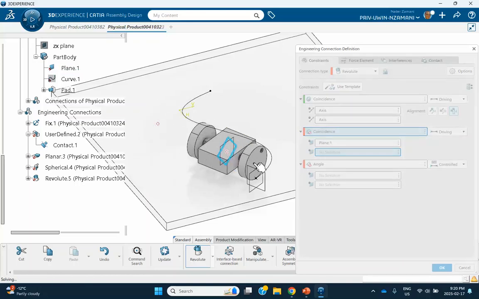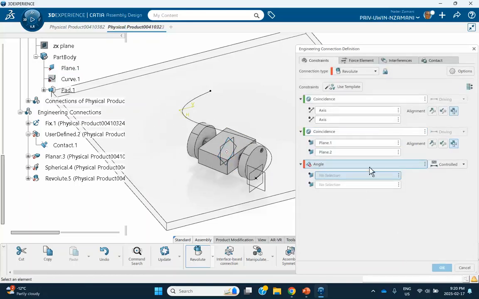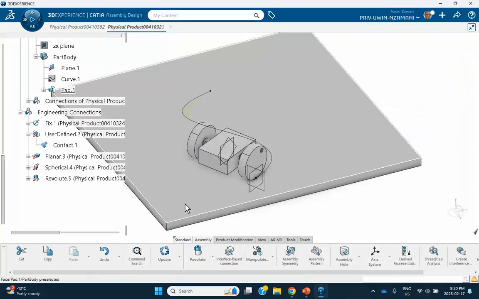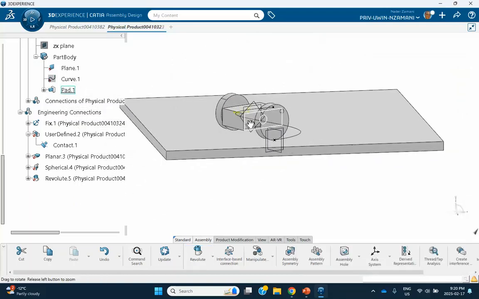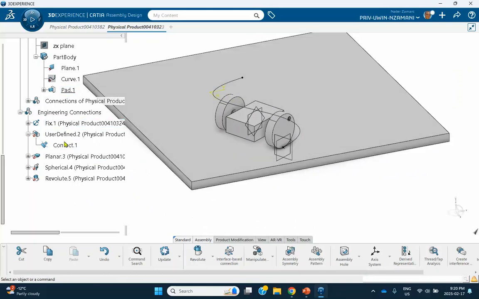There we are. And I don't need this angle constraint, so I'm just going to delete it. And then we can close it. Okay, I've created a bunch of things here, some of which I want to delete. For example,